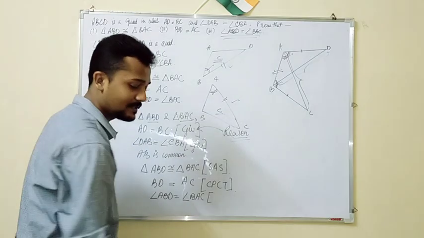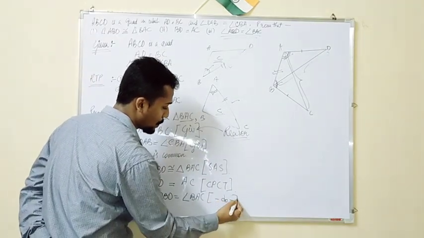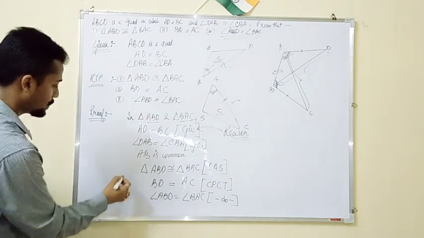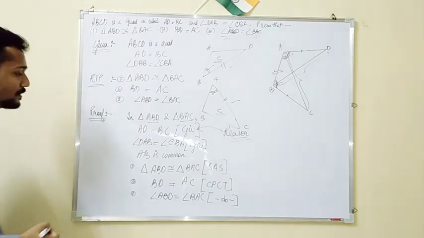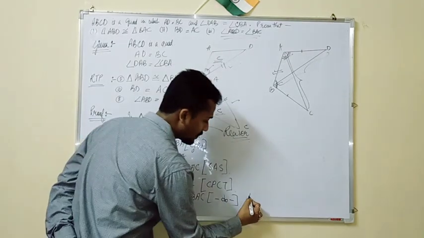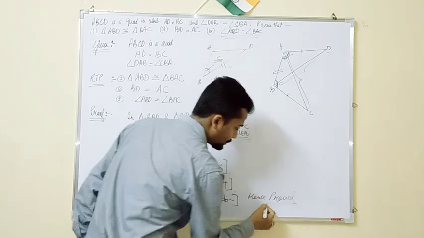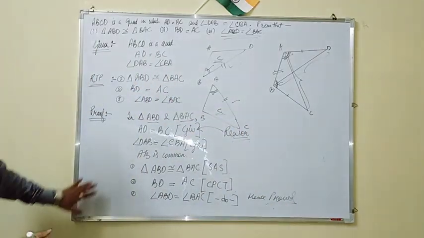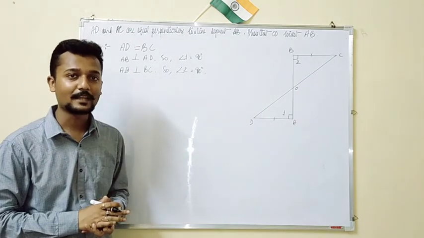अगर दो बार सेम रीजन आ रहा है तो हम लोग डायरेक्टली ऐसे लिख सकते हैं 2. Okay? So this was 1, this was 2, and this was 3. We have proved. Hence, proved. I hope it is clear to this much. Note it down. Let us see the next question.